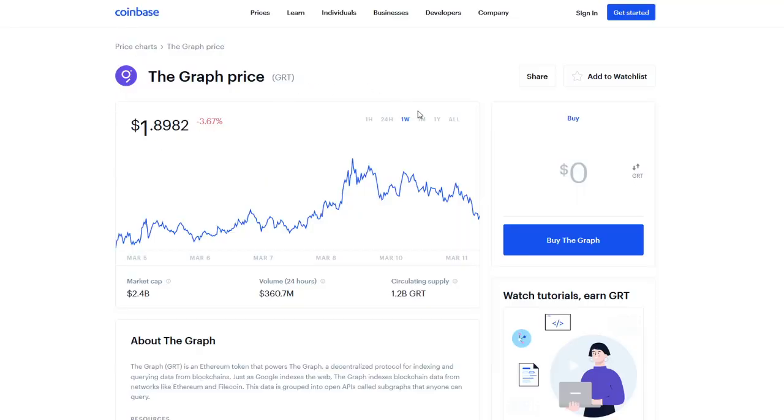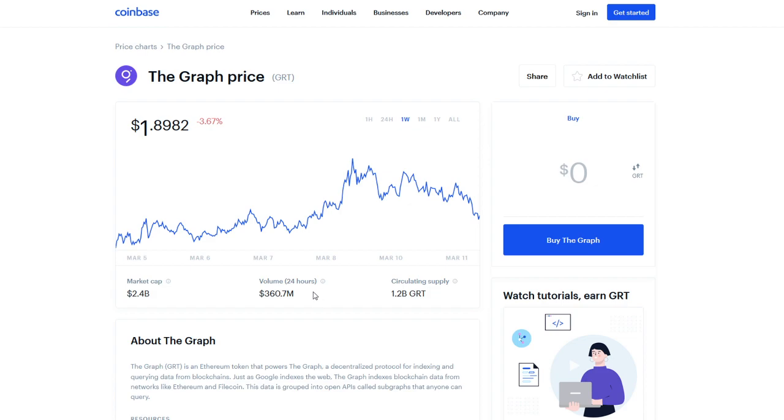We are interested in the price prediction for the Graph and where we think the Graph is going to end up after this week and maybe the next week. And then we'll look at more of a long-term investment for later this summer or even at the end of this year altogether. So we see a $2.4 billion market cap, a 360.7 million volume in the last 24 hours,